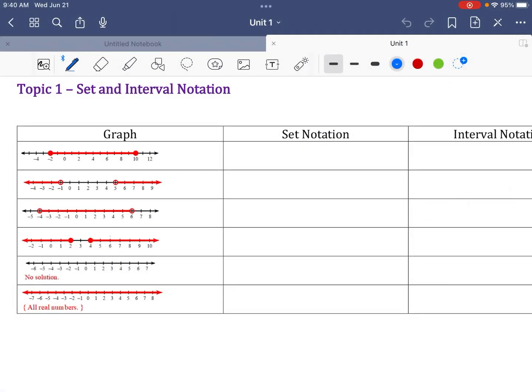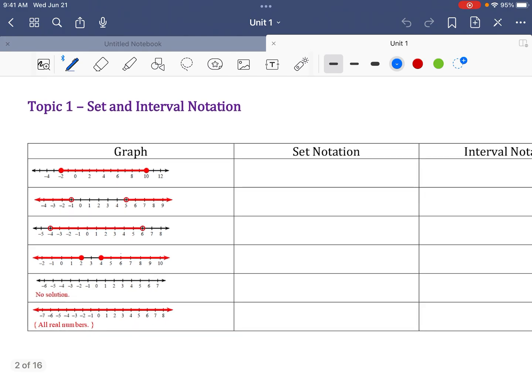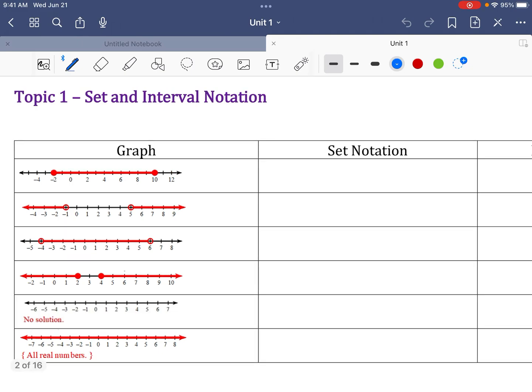Right, our first topic in chapter 1 is going to be set and interval notation. So set notation is probably what you're used to from algebra class. For instance, in a range of numbers from -2 to 10 in this first example, you would have written something like this. You're saying, oh, x is between, so it's less than 10